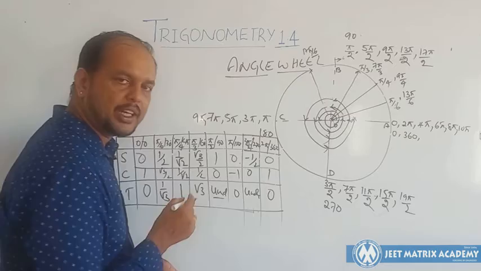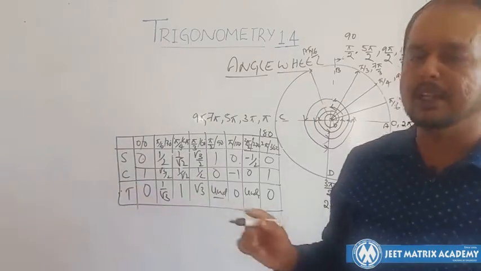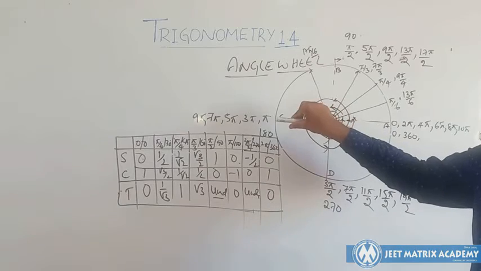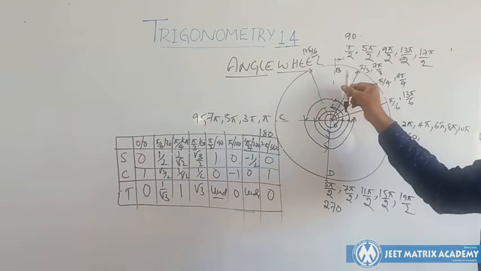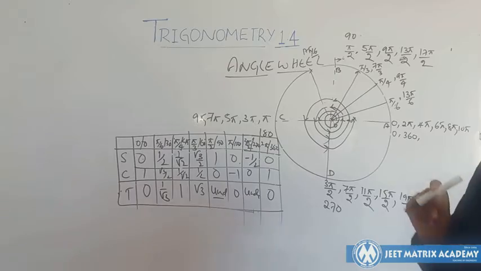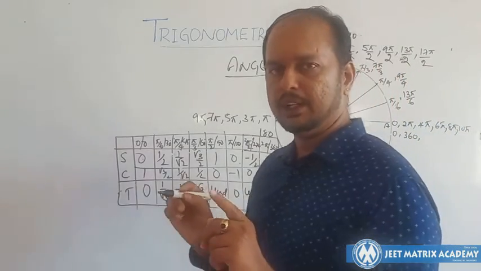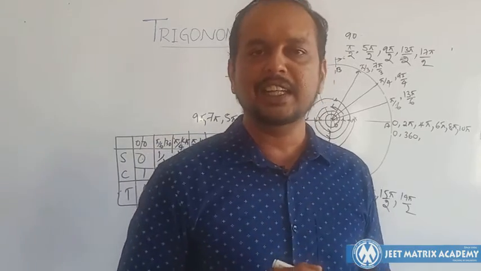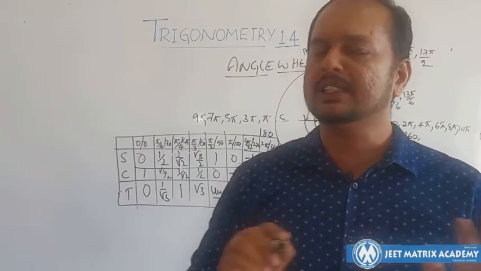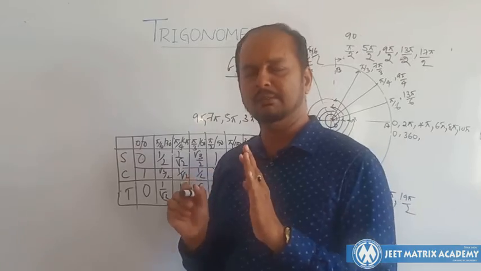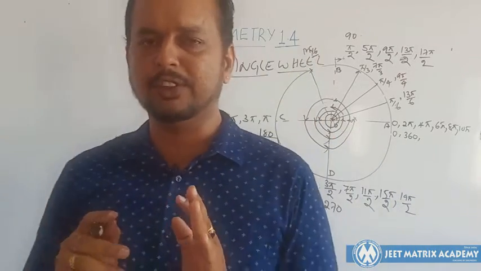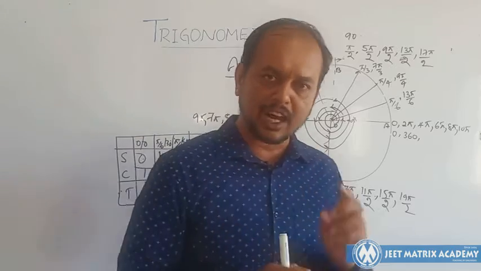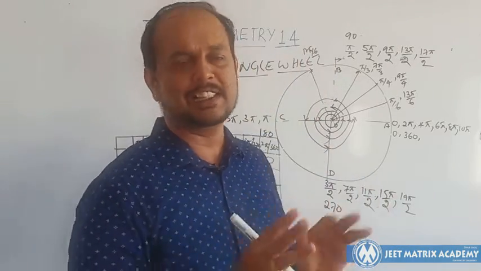So this is how you can remember the table, and you can recollect all the things by x positive, y negative, x negative, y positive, y negative. These two things you should remember when you move the angle wheel. Still, at the end, if you are messed up and you get fear in the exam, you feel very confused. Okay, so in such cases, I will tell you the last trick, and it is very easy.